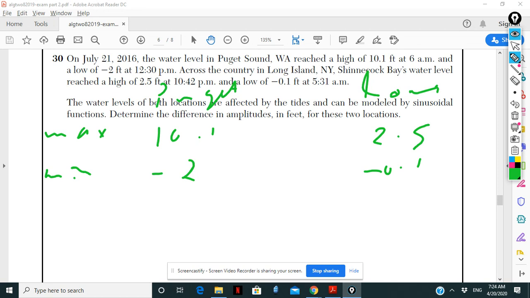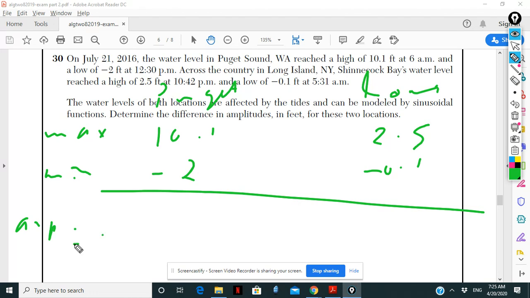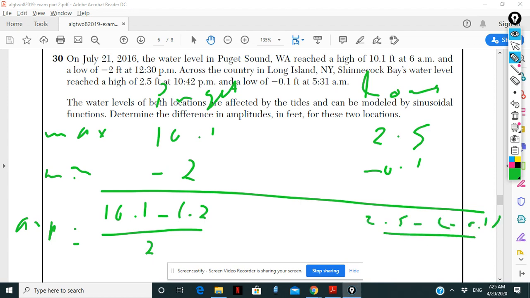Okay. The water level of both are affected by tides and can be modeled by sinusoidal functions. Determine the difference in the amplitude. So the amplitude is equal to 10.1 minus negative 2 divided by 2. Here, 2.5 minus negative 0.1 divided by 2. In that situation, it's going to be 12.1 divided by 2,